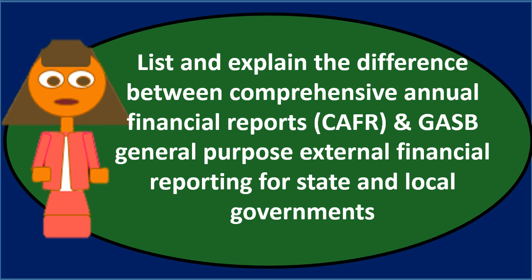From this point forward, you can go into more detail about each of those components, and you could spend a lot of time going into more details. You can give examples from different types of governmental organizations. You can take a look at more detail of those things that differ between the two types of reporting: the CAFR and the GASB General Purpose External Financial Reporting, the minimum requirements, as compared to the Comprehensive Annual Financial Reports.